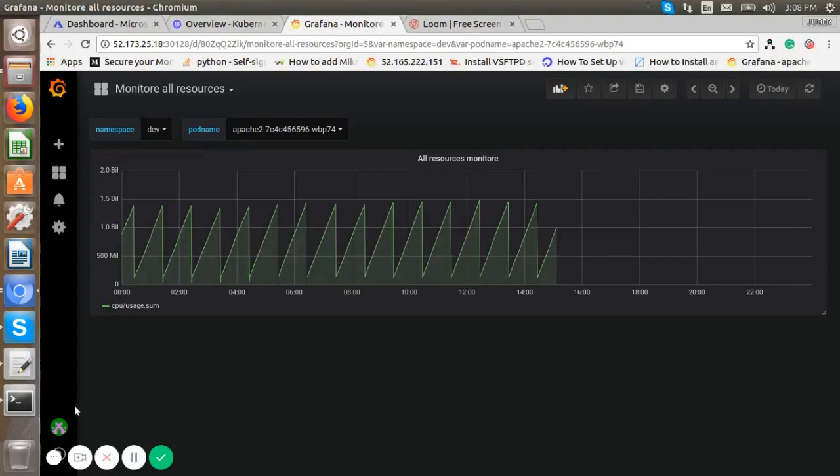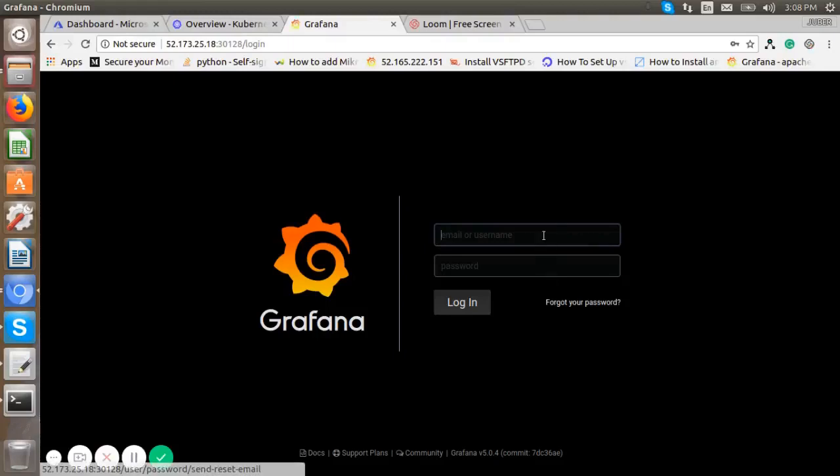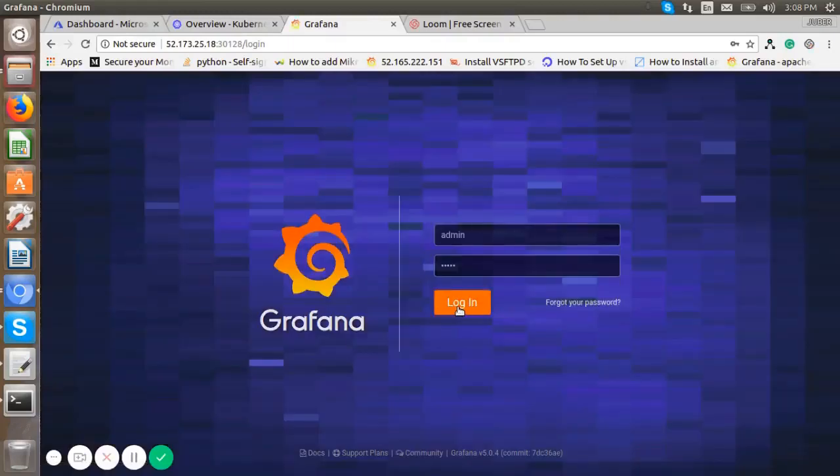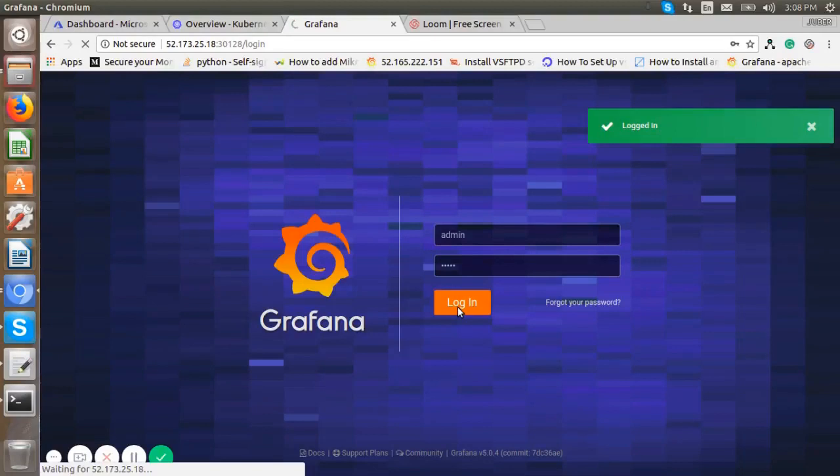First, we need to sign out the ReactiveWorks admin user. Now log in as the Grafana admin user to add the normal user for ReactiveWorks.